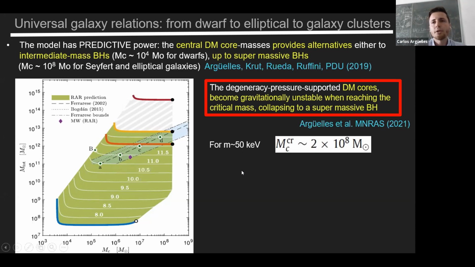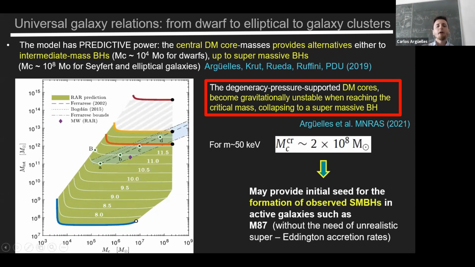So both criteria coincide. This is very nice to show that this concept, usually applied to neutron stars, can be extended and generalized for a system of fermions of finite temperature like this one, and lead to this critical mass. This is an interesting value because it may provide an initial seed for the formation of supermassive black holes in active galaxies,